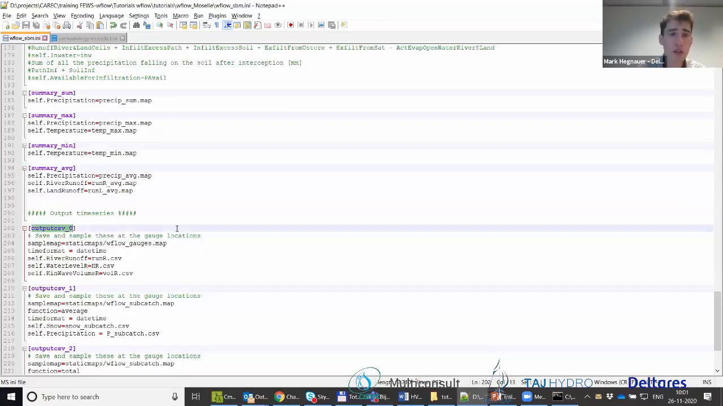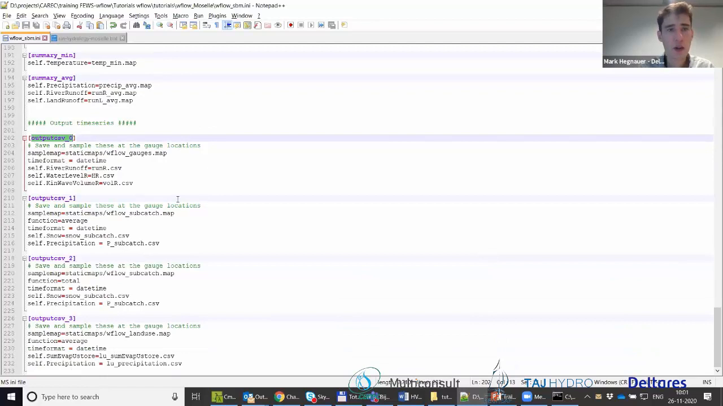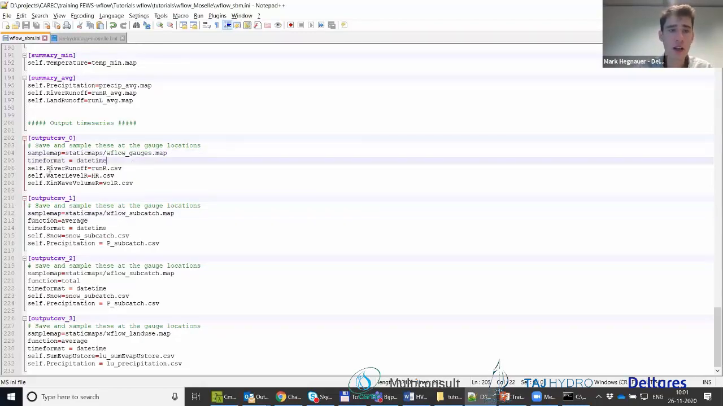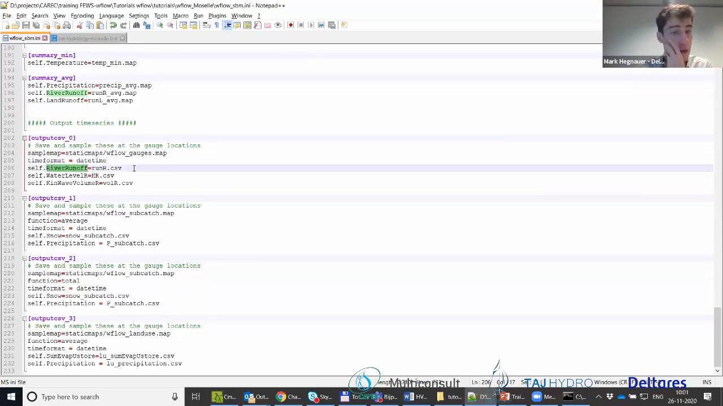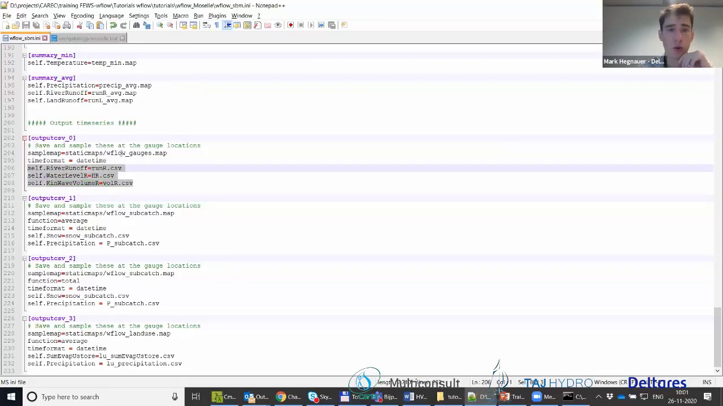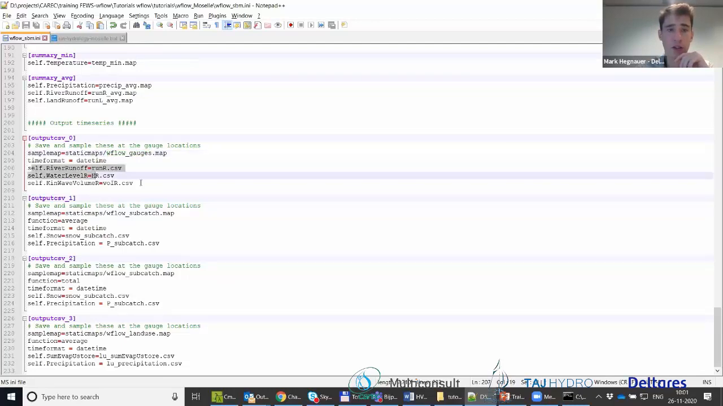And then there's the output CSV section, and that actually saves time series. In this case, how it works, you always have a sample map that points to a map file in the static maps directory, and that can either be a point location or a subcatchment. Then I can save on this point, for example, the river runoff, the water level and the kilometer wave volume. So for all the points in my Wflow gauges map, I will get a time series for each point